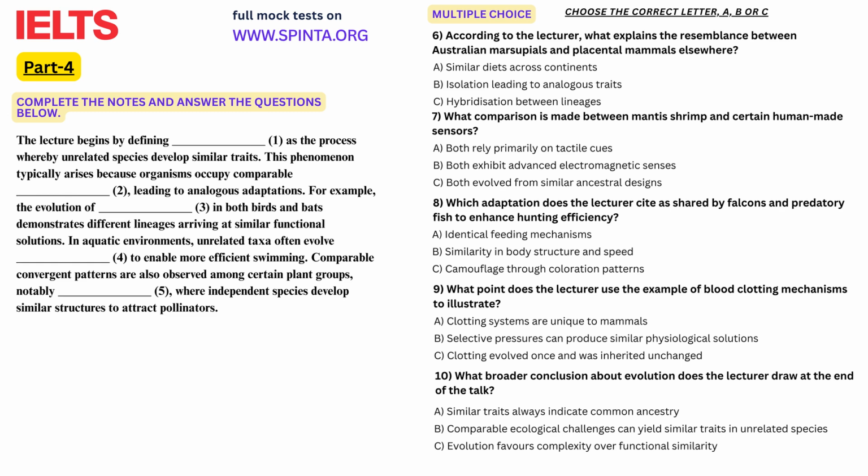I'd like to highlight the role of blood clotting mechanisms in different vertebrates as another significant aspect of convergent evolution. Research indicates that various vertebrate species have evolved remarkably similar blood clotting systems, which are crucial for survival when faced with injuries or wounds. This case illustrates how selective pressures can drive species towards analogous solutions, despite their differing evolutionary